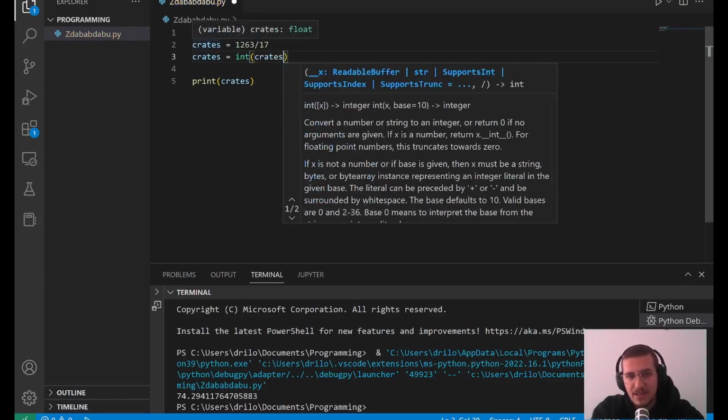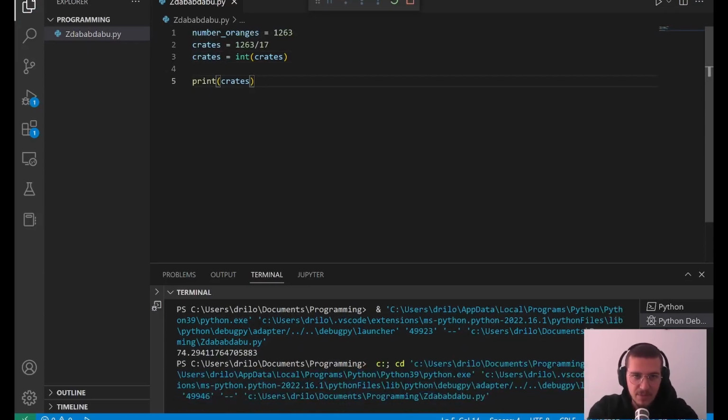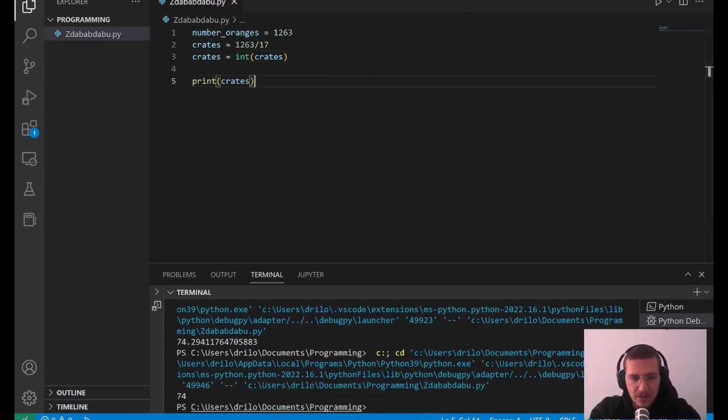So here crates was a float type of value. Crates is a float. Do you see it? This is on the screen. But here we are telling it that crates is an integer, or we are overwriting the value. When we print it out right now, since print is at the bottom, it will write out the new value, which is now an integer value. Good. So we fixed that, but we still don't have the number of individual